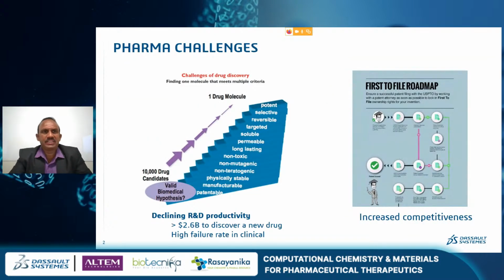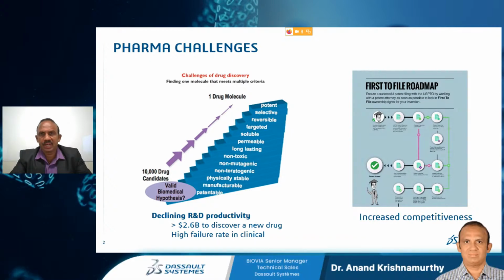So typically, what are the challenges in pharma? Every pharmaceutical company wants to come out and innovate one molecule. It could be a drug molecule, a small molecule, a monoclonal antibody, a peptide inhibitor, whatever it is. Ultimately it's going to be a molecule that they want to come out with, and it could be a molecule designed for a specific purpose, or one that could be searched or screened across a set of databases.